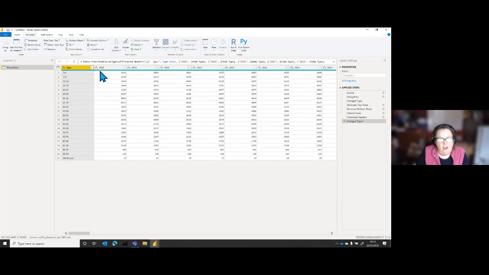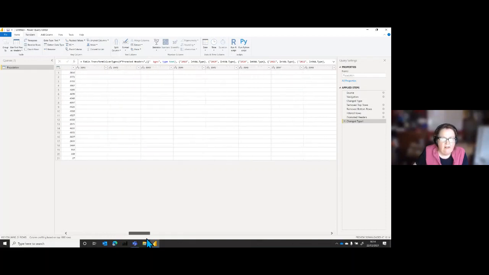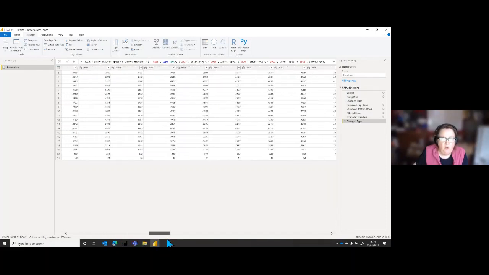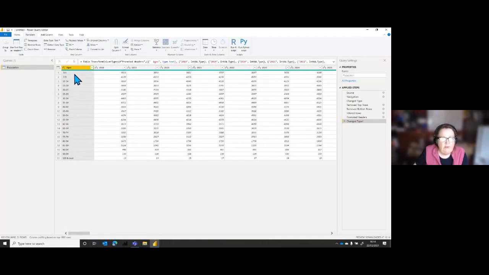Now, I've got a column here for every year. And although that seems a really good way to display data, it's an appalling way to actually handle data. You don't want that. What you want is it unpivoted, so that I end up with an age, a year, and a value. So I am going to pick the ages column.